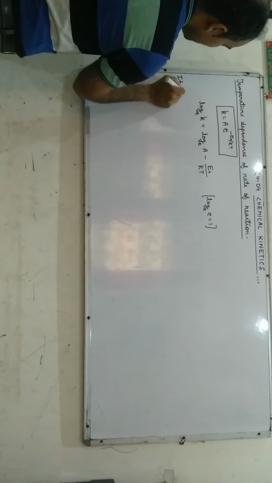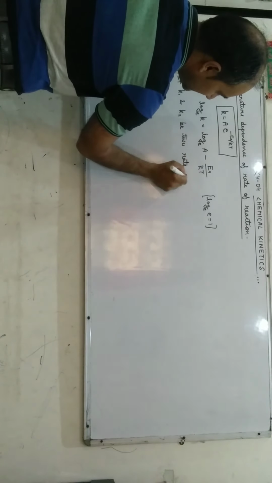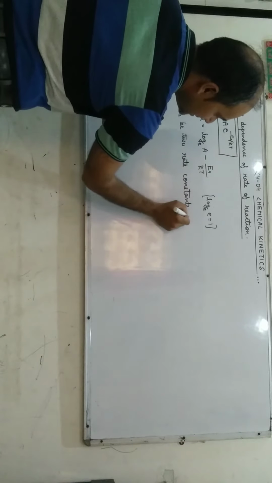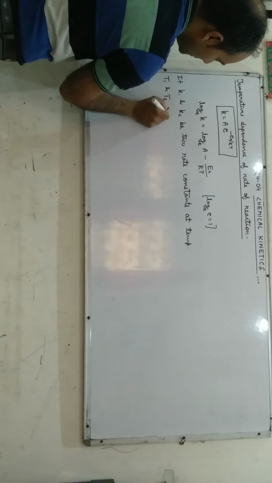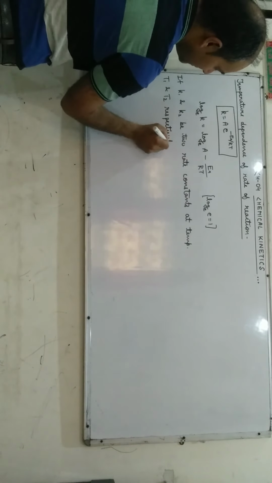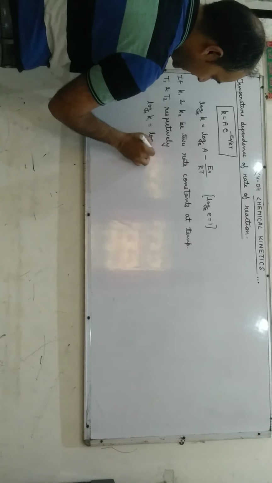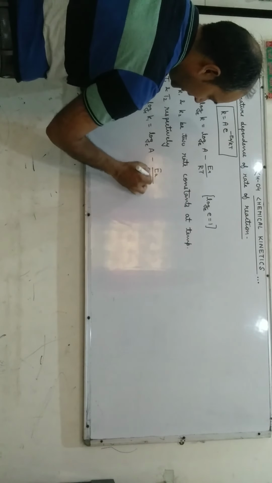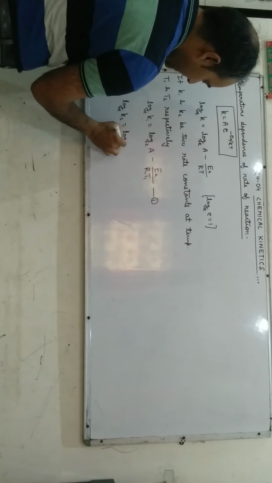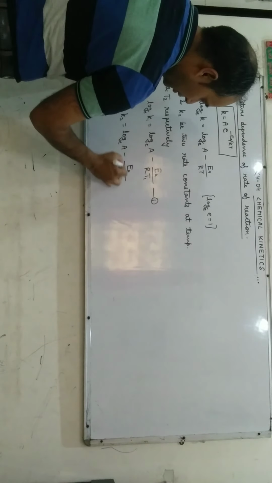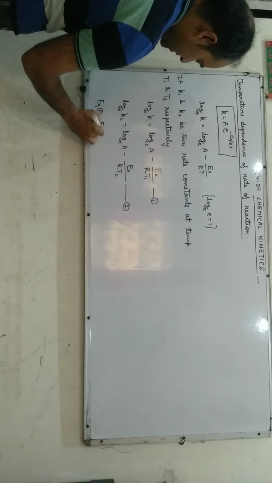Now, if k1 and k2 be two rate constants at temperature T1 and T2 respectively, then ln k1 = ln A - Ea/RT1. It gives equation number 1. Similarly, ln k2 = ln A - Ea/RT2, equation number 2. Now subtracting equation 1 from 2, we get